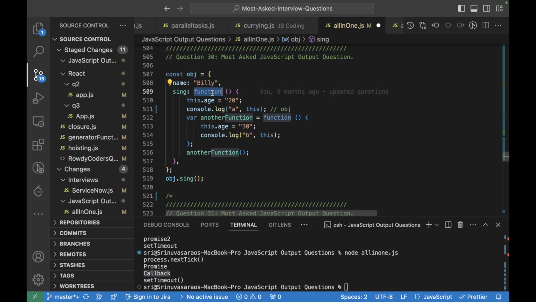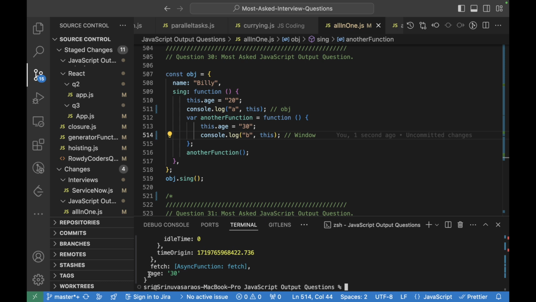Okay, if it is a normal function, this refers to this particular object itself, and when we are trying to call this particular function, here this particular function will be executed, and after this, while trying to call this, I believe it should be window. Okay, so let me see the output for this.